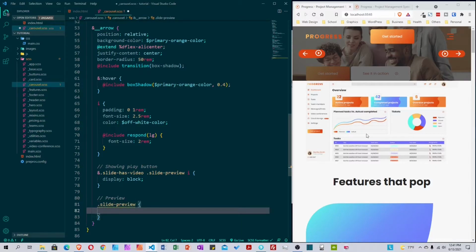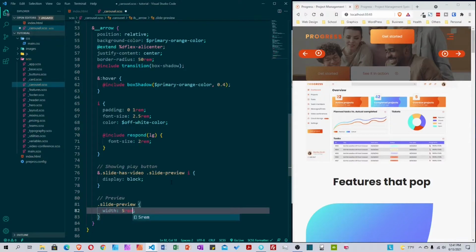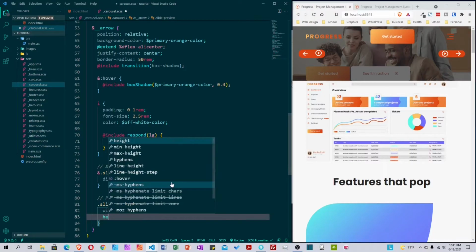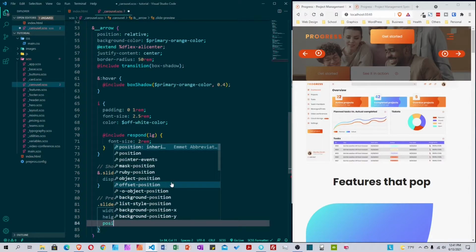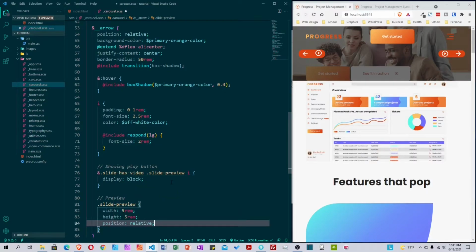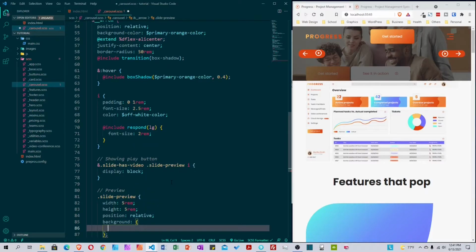Select the slide preview. I'll set width to be 5 rem, height also 5 rem. Set the position to be relative. Then give it a background. We want to use background image. And with SaaS, you can do something like this: background, open the curly bracket and put image,